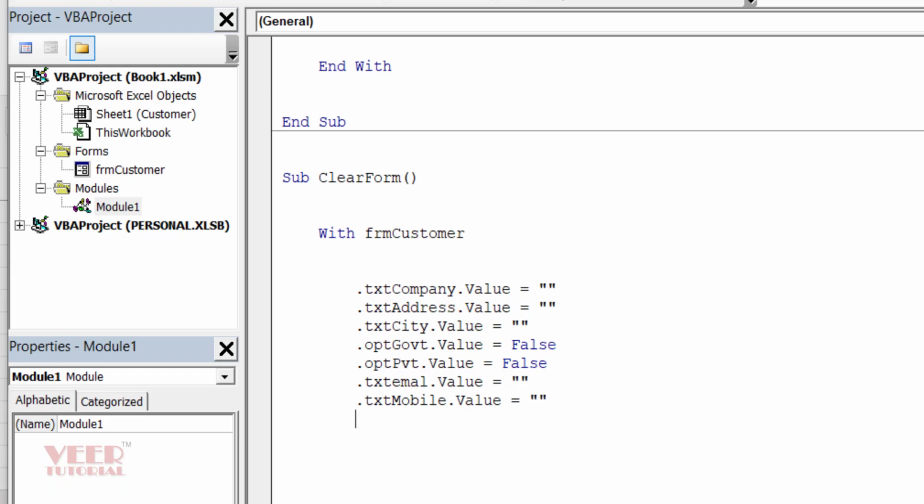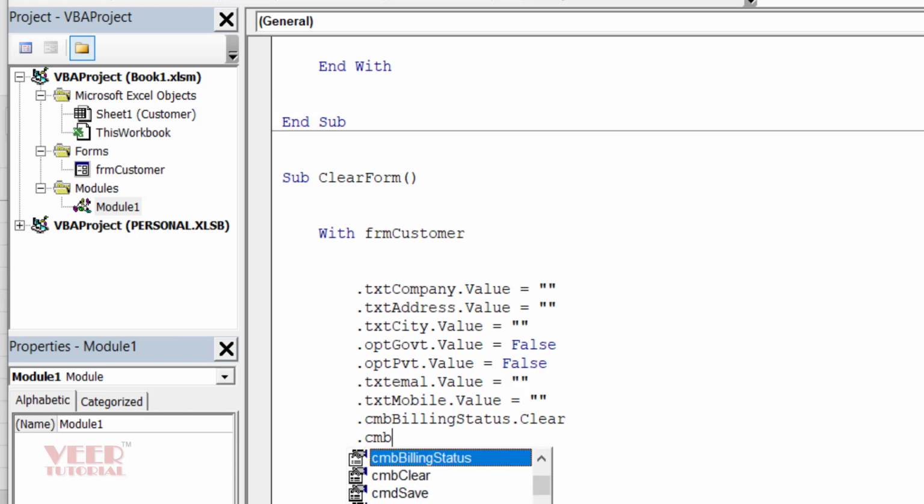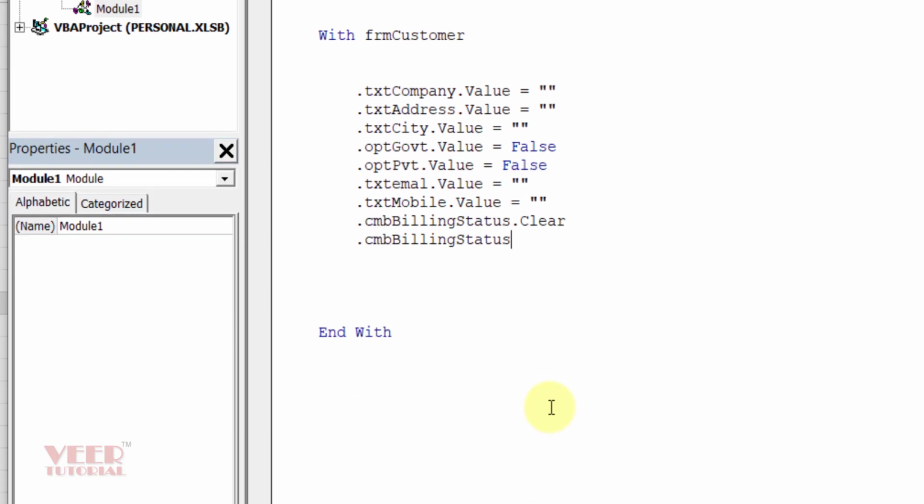And now we will assign cmb.Clear. First we would like to clear, and cmbBillingStatus.AddItem to Pending, copy, paste, to Done.